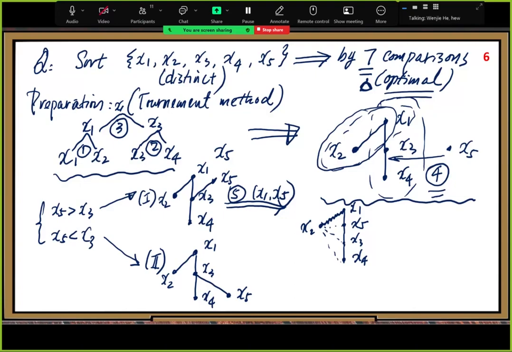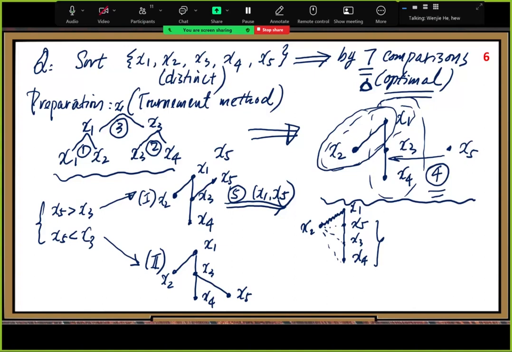Here, in this case, you need to do more work because you need to compare x2 with these three elements. 3 versus 2. So for 3, you need to do more work, right? For 2, you need to do less work. So that's the reason we target the worst one. All right, so for this case,